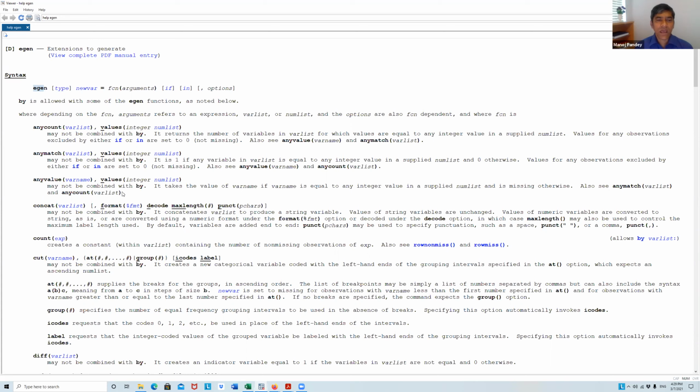In generate, you can have log, exponential, absolute value. Yesterday we saw that, right? Now, egen is a special command that you should know if you are interested in counting different variables. Like if variable 1 is, let's say, the number of fruits person A has, and variable B is the number of fruits person B has, and you want to find the total number of fruits, then you just write egen total equal to A plus B, and you will get both the columns added, and you get a new variable. All right.